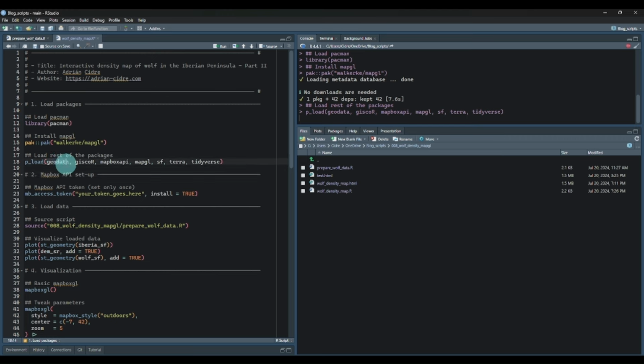So we will use the geodata package, which is used to get the GBIF data and the digital elevation model, the giscoR package for getting the study area, the mapboxapi package, which we will use in this line of code to get our API token from the Mapbox webpage, the mapgl package, which is used to create the interactive maps from the Mapbox API. And then we have these packages for vectorial data, raster data, and for data in general,